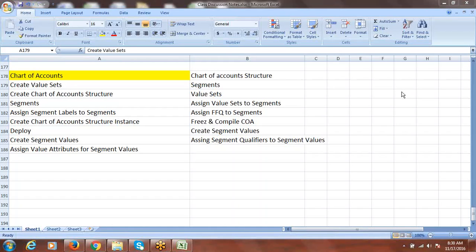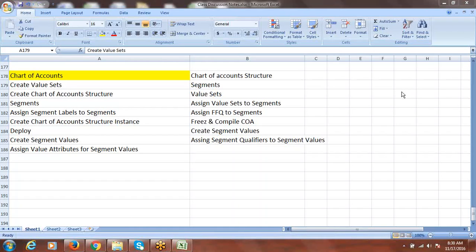But when they are moving from EBS to Fusion, it may not take a long time. The reason is, the solution is already finalized, everything is finalized, they are just going to change the environment. There won't be many changes in terms of business process. They can adopt the additional features available in Fusion if they require, as per their business process, or else whatever they are enjoying in release 12, the same they can get from Fusion. Generally, it won't take too much time.